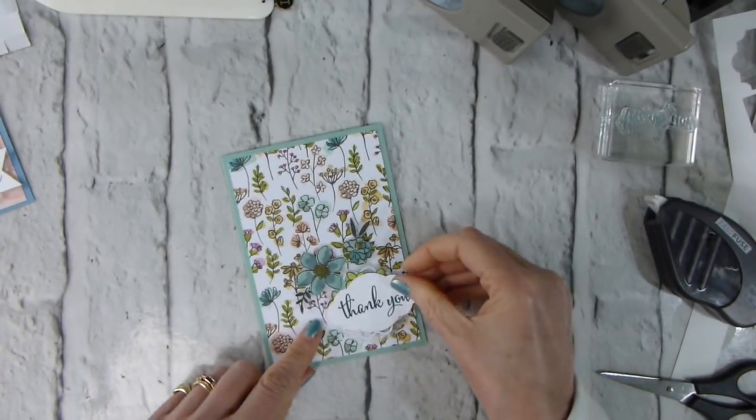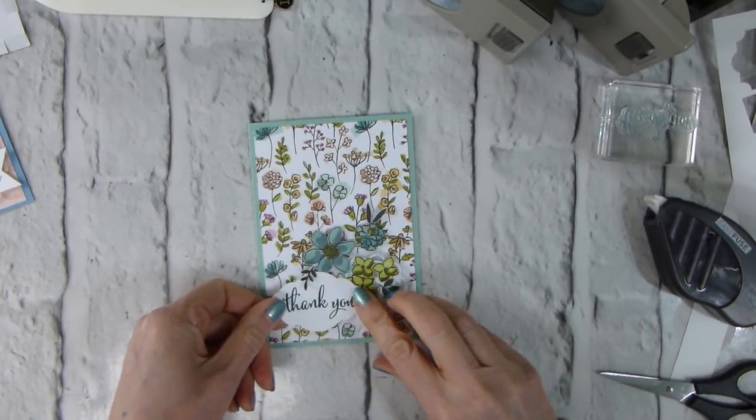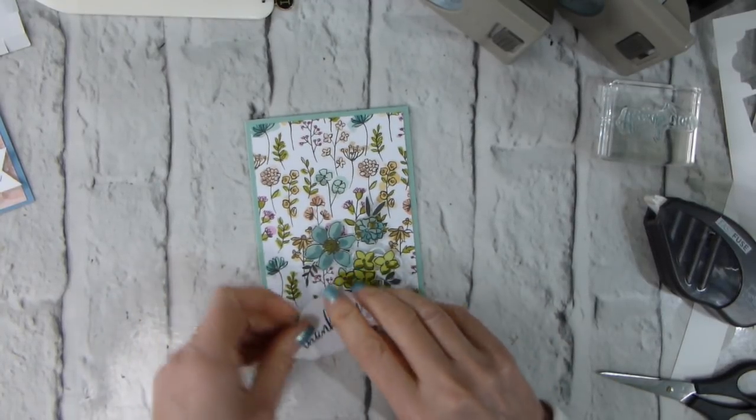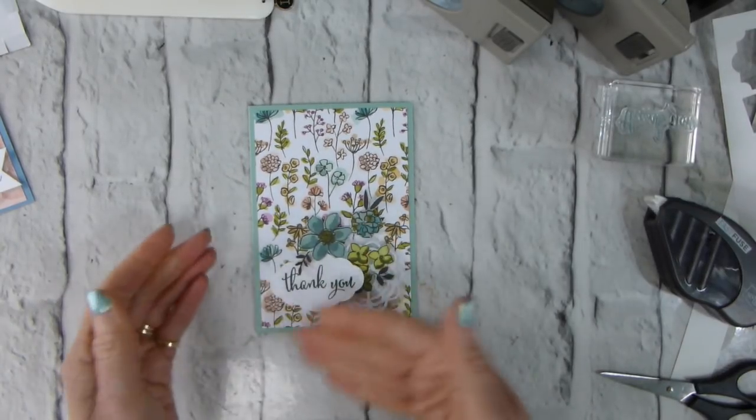So instead of coming over here, which covers up an awful lot of that, I'm going to pop under here. I think we might go right under there actually. I'll have it, yeah, there. So we've got some of the